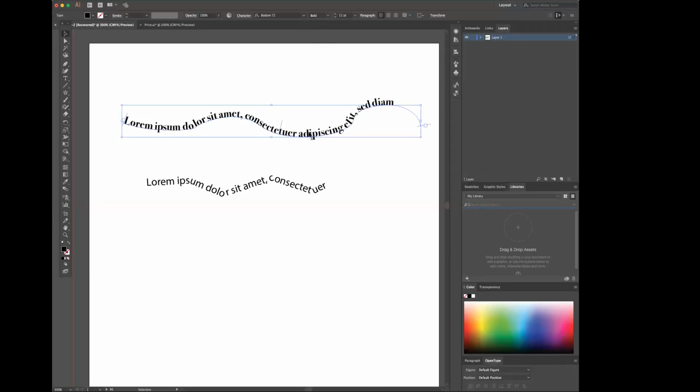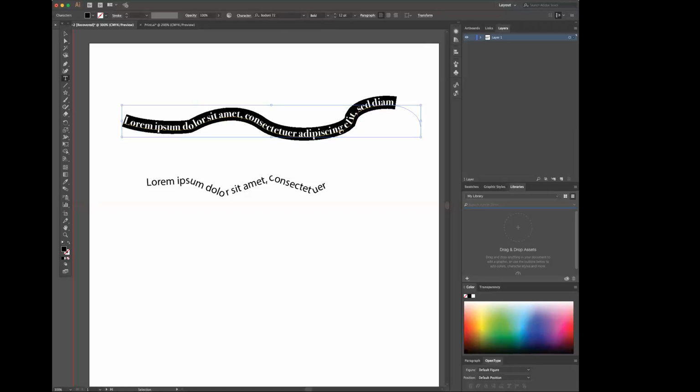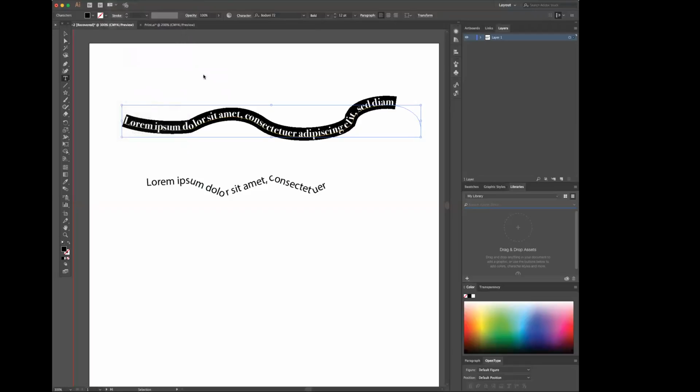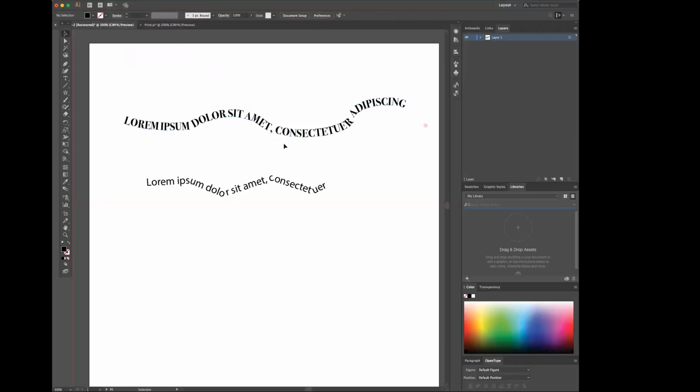The font size can be adjusted as well. You can also change it to uppercase or lowercase.